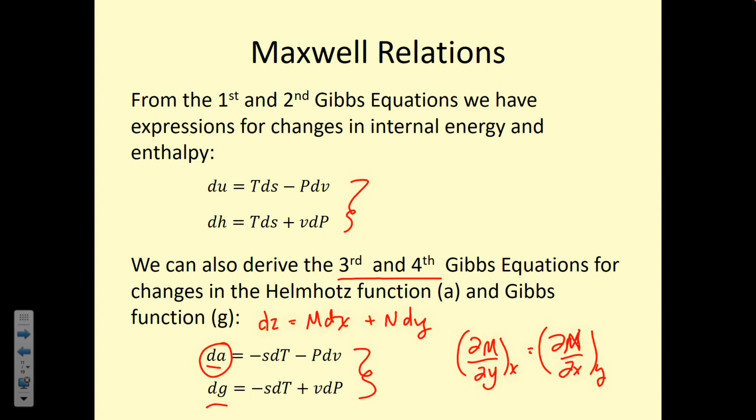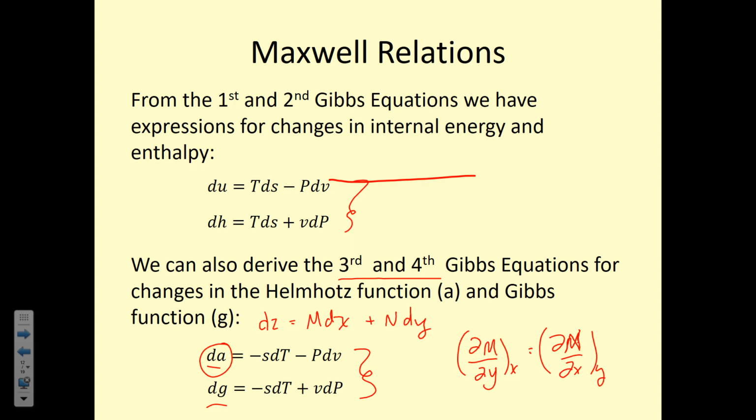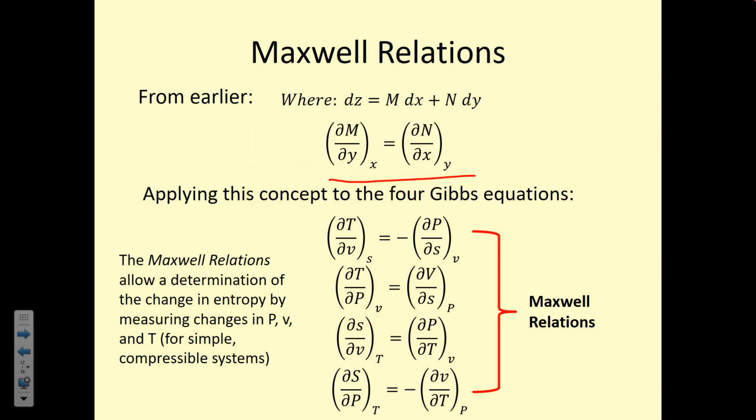We said that earlier. There it is again, right here. So now we're going to take those four equations and apply those principles. If this is m, and this is n, and this is x, and this is y, then we can do that. So we come up with these four